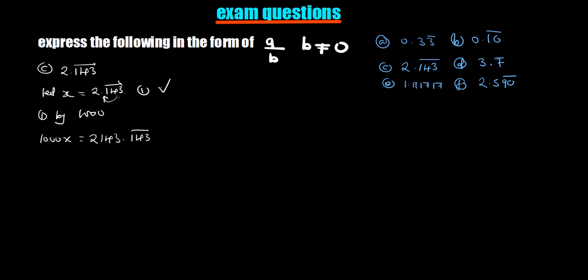So this is our equation 2. We are done. This is what we wanted, at least this in the bar to also be on the other side. So now we subtract equation 1 from 2. Okay, so now once we have that, we say 1000x is equal to